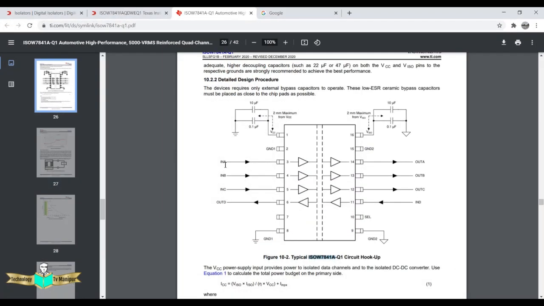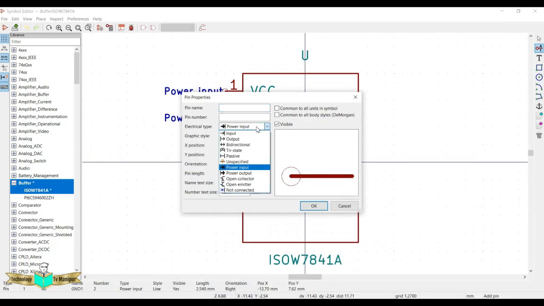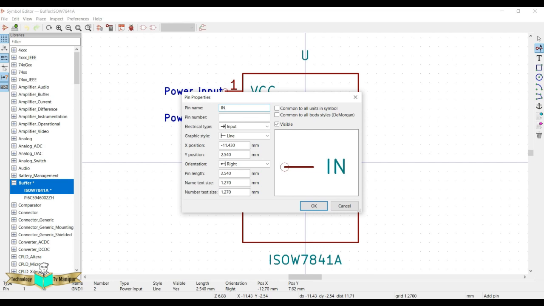And this is input A. So the buffer is, this is the input A and this is the output A. So input and then output, so it is a buffer kind of thing, but there is an isolation in this IC. Okay, fine. So 1, 2, 3 are inputs, and the last, the 6th pin is the out pin. Input, normal input pin, not a power input, correct? So I will use it as an input pin, and then the third is input A, INA, and it is pin